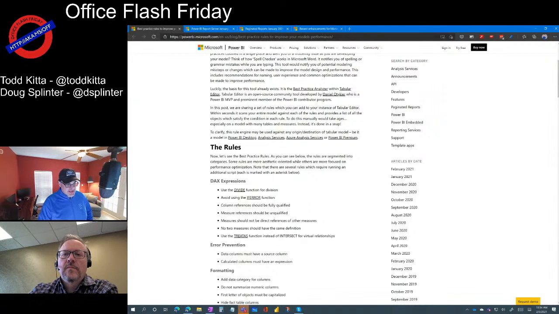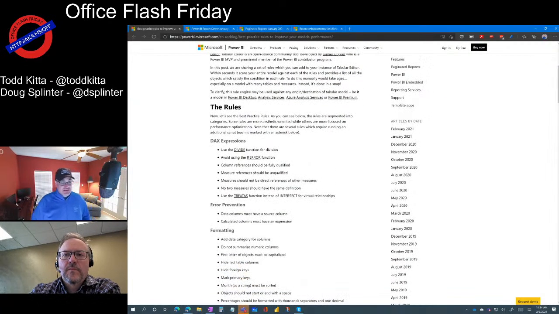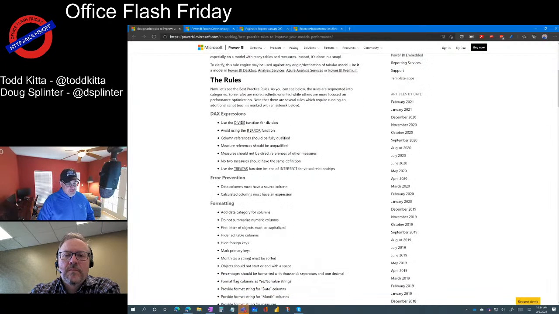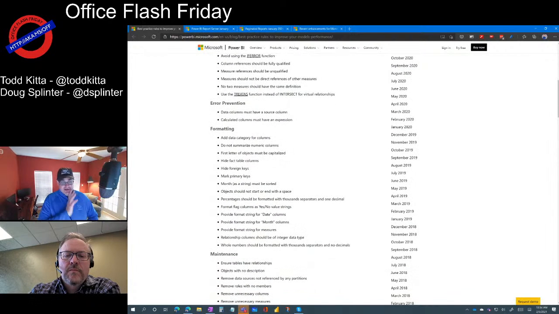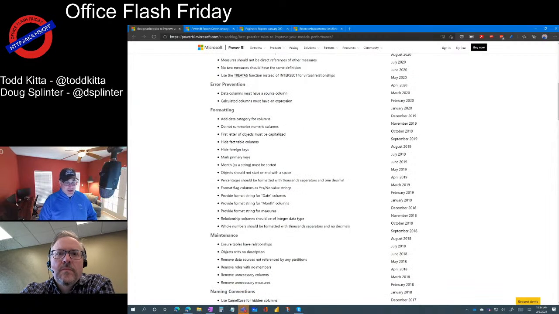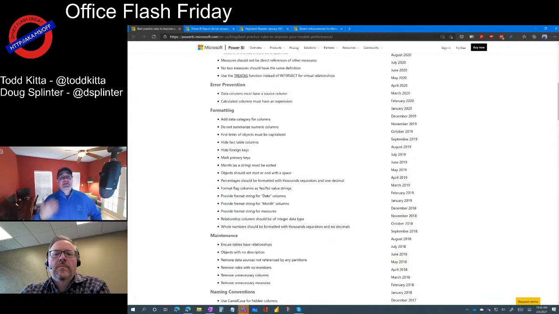So things like DAX expressions: using the DIVIDE function instead of dividing yourself, because you have to do things like check for divide by zero errors. Error prevention, even formatting, like don't forget to hide your foreign keys, because who needs to see those? And provide formatting strings for date columns. These are all things that, especially a new person, and you don't have to be a new person, need to use.